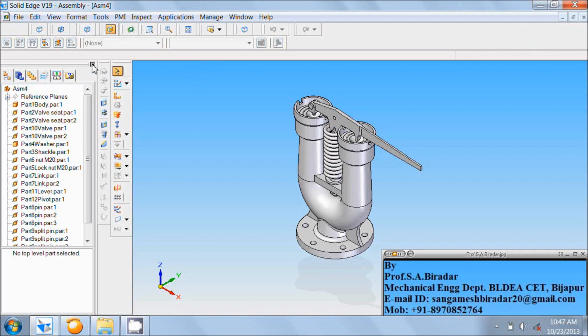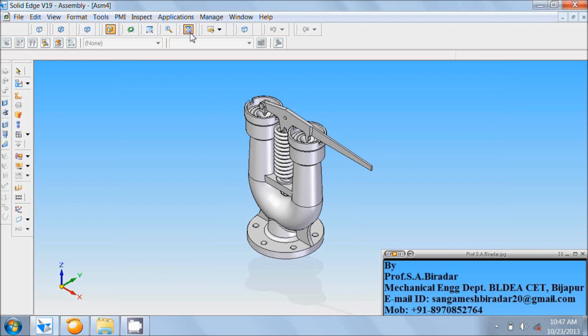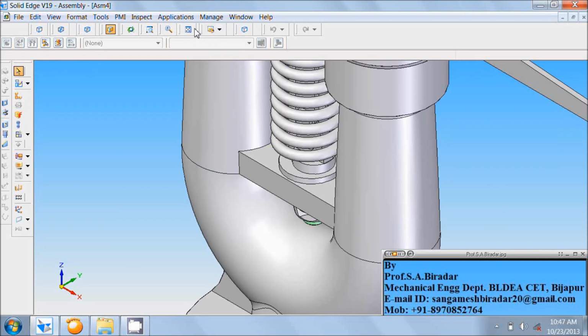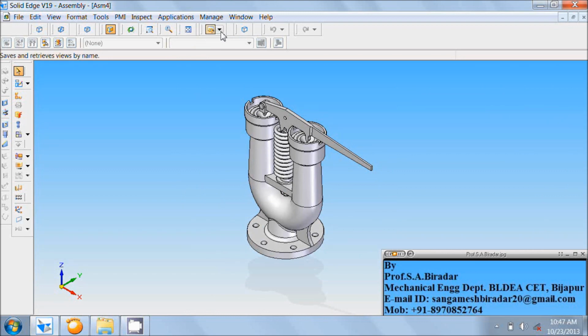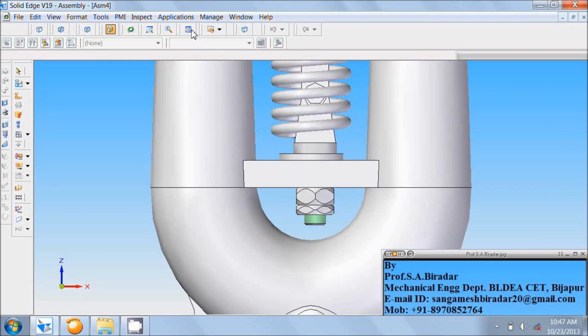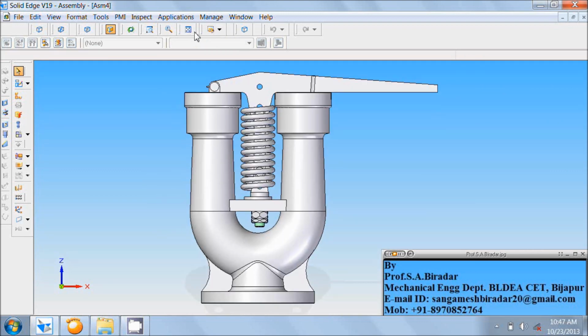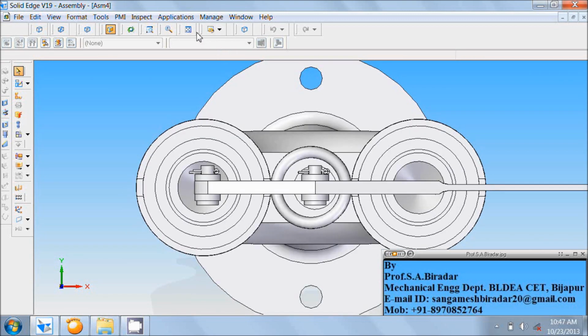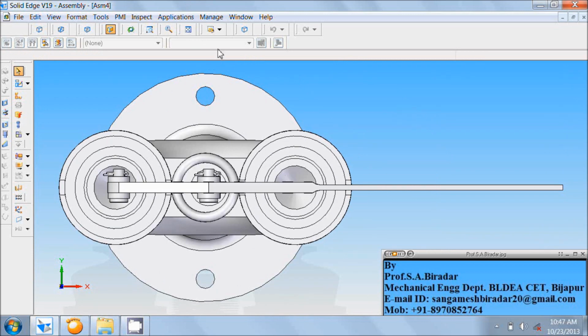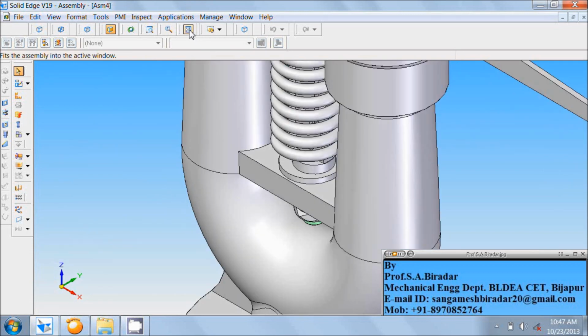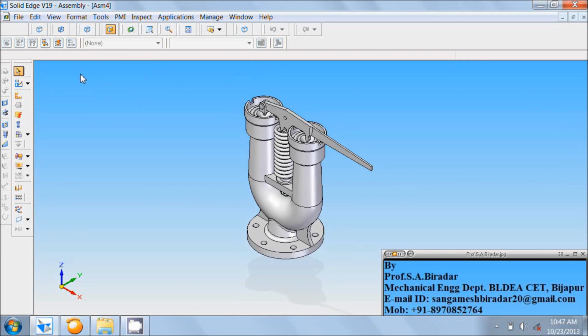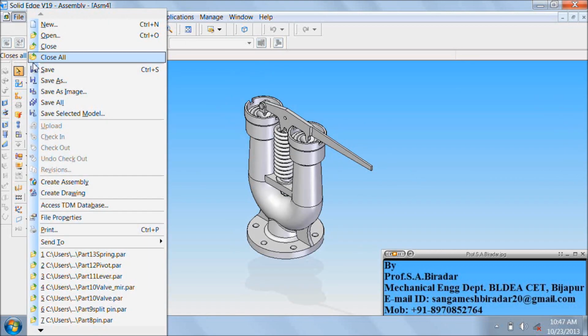close this, fit it, do named view as ISO, fit it, do named view as front, fit it, do named view as top, fit it, do named view as ISO, fit it, go to the file, save as,